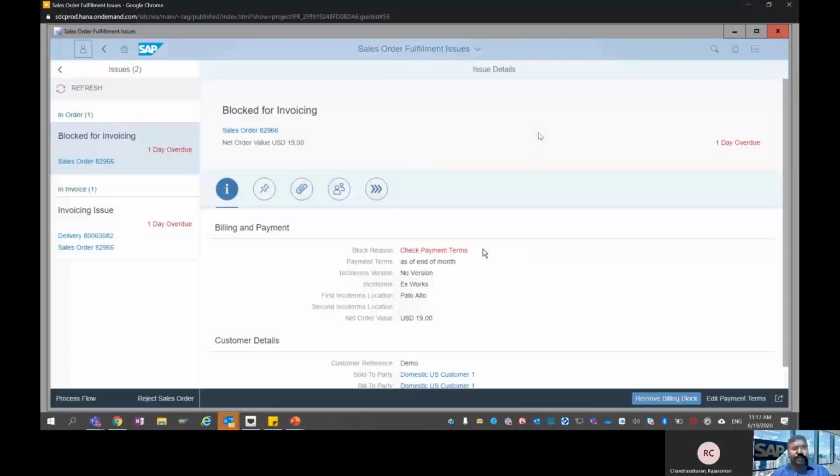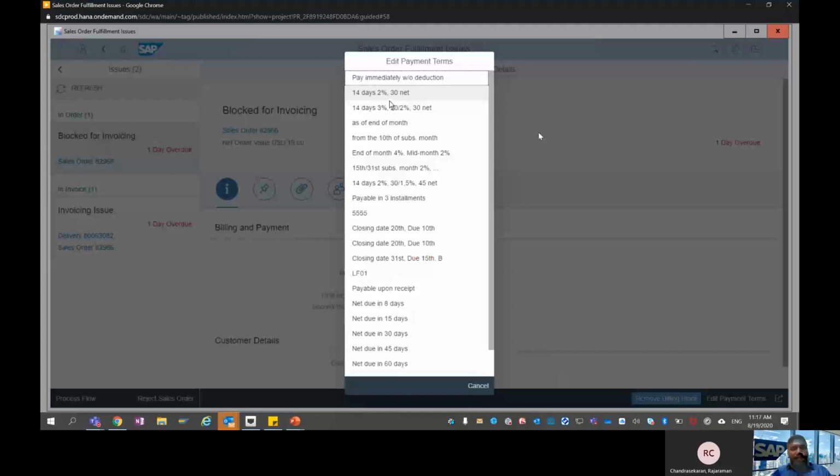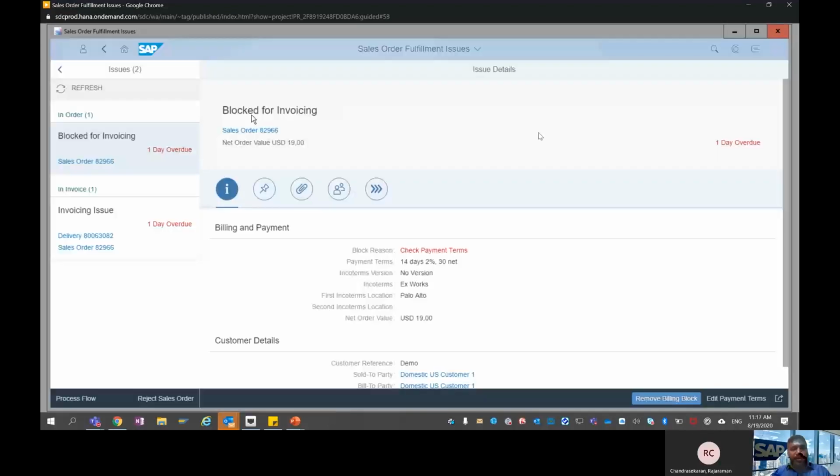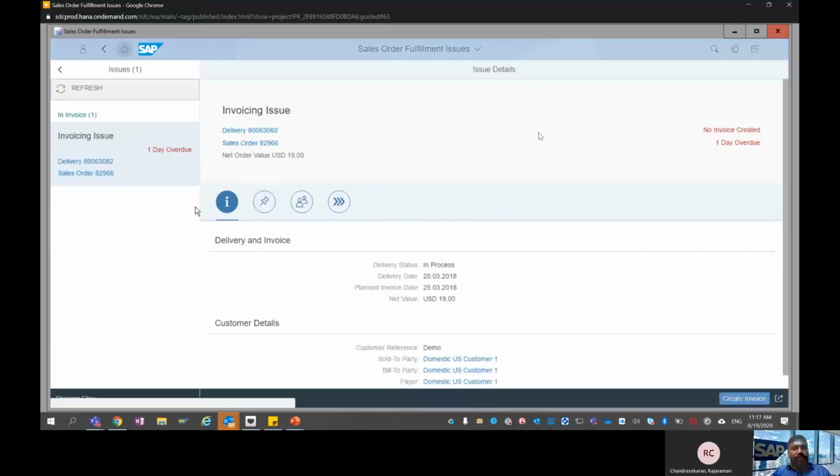So selecting the same sales document, we are clearing it because there is a billing block. Because I have not selected the payment term, I select the payment term. Now you are removing the billing block.